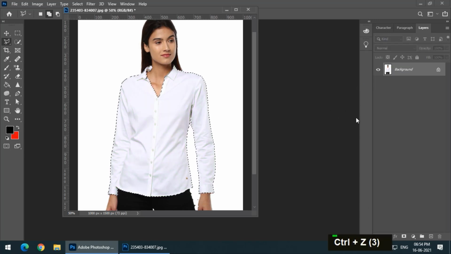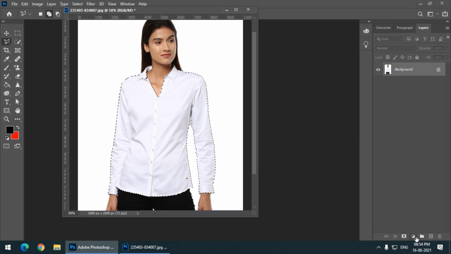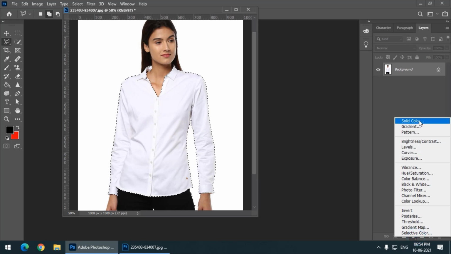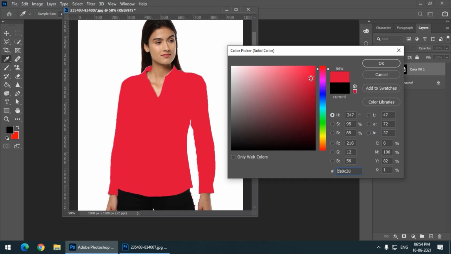So instead of using the hue saturation option, I will first use a solid color adjustment layer. As we have seen earlier, click on the adjustment layer icon in the layer panel, solid color, and choose whatever color you want. Let's say I want this reddish color, this one.